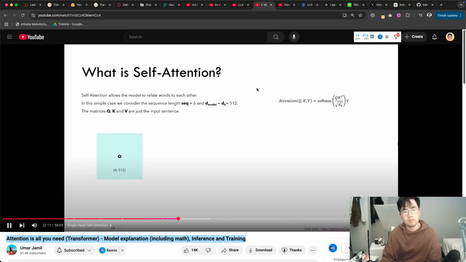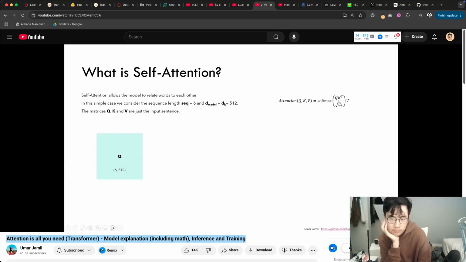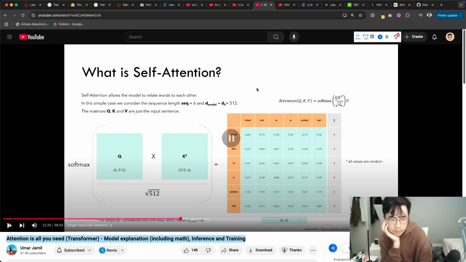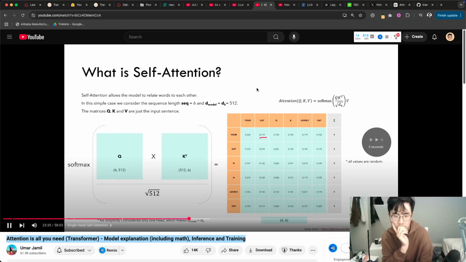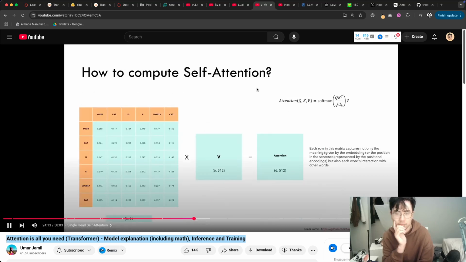Let's say we have 512 columns, and here we have 6. Now what we do according to this formula, we multiply it by the same sentence by 512, and then we apply the softmax. The output of this, as we saw before in the initial matrix notations, when we multiply 6 by 512 with another matrix that is 512 by 6, we obtain a new matrix that is 6 by 6. Each value in this matrix represents the dot product of the first row with the first column. This represents the dot product of the first row with the second column, etc. The values here are actually randomly generated, so don't concentrate on the values. What you should notice is that the softmax makes all these values in such a way that they sum up to 1. So this row, for example, sums up to 1. This other row also sums up to 1. So if you multiply a matrix that is 6 by 6,